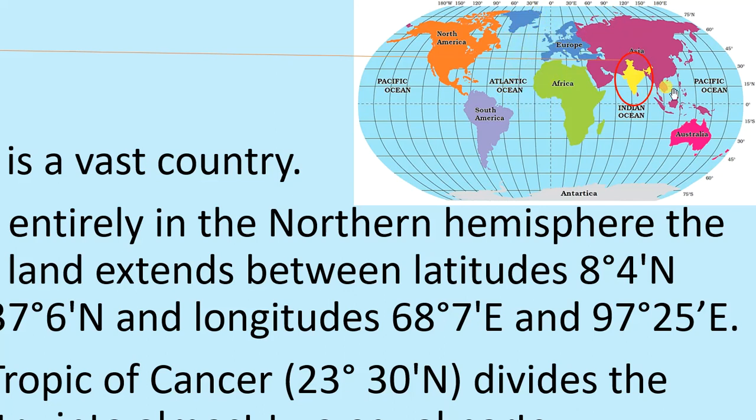And because of this reason, as India lies in the northern hemisphere away from the equator, the distance between the longitudes is not the same as the distance between the latitudes. The distance between the latitudes is the same everywhere, and these latitudes are parallel to each other, while longitudes are not parallel to each other, they join at the poles. Because of this, if we move from the equator toward the pole, the distance between the longitudinal lines is decreasing.